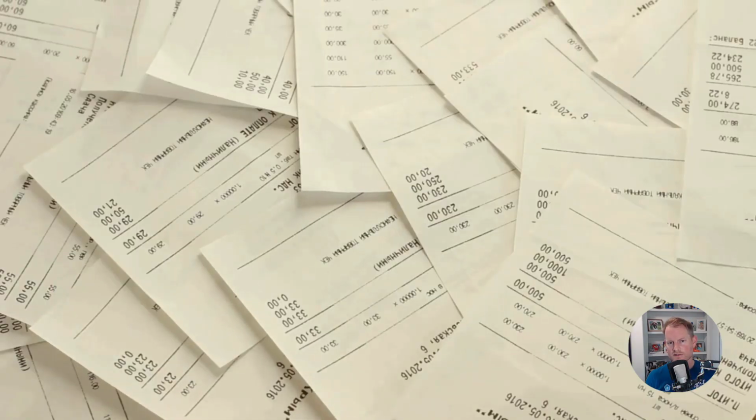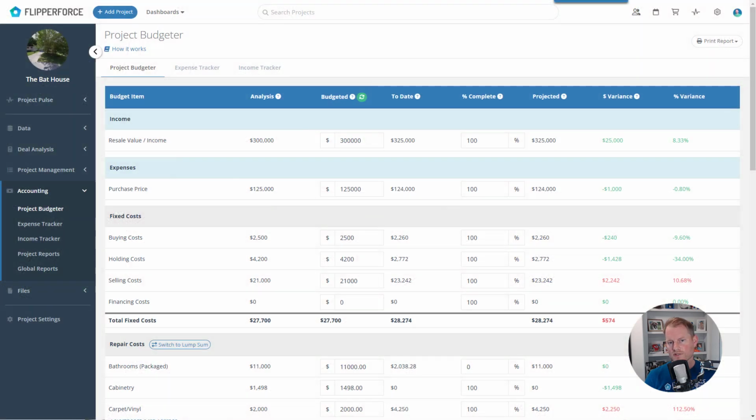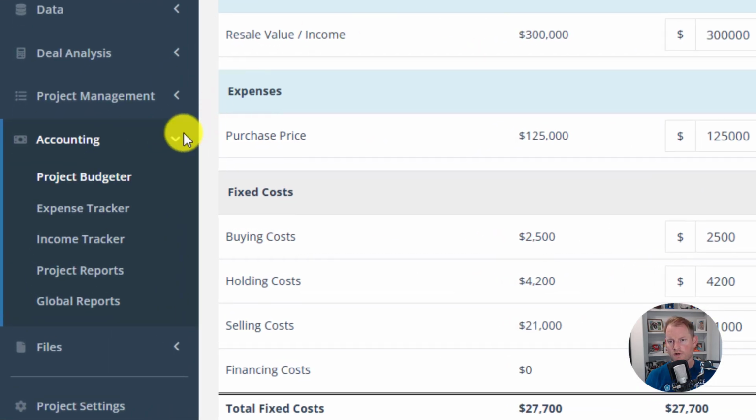So if you're like me, you probably love the process of actually renovating the house, but you despise the bookkeeping process. You hate QuickBooks and probably have a big stack of expenses in a shoebox that you don't ever add up until the end of the project, so you don't really know how much profit you've made until it's too late. Well, our Project Budgeter and Expense Tracker tools are built to be simple project accounting tools that allow you